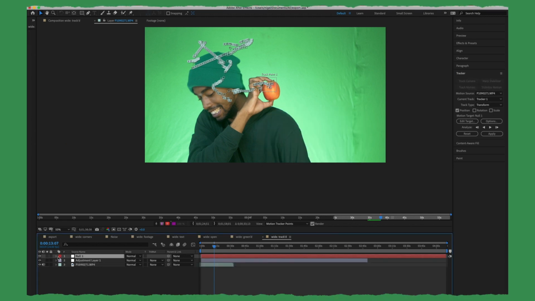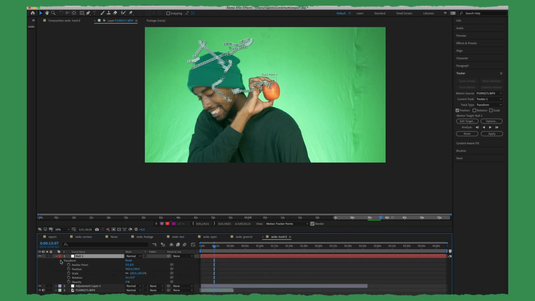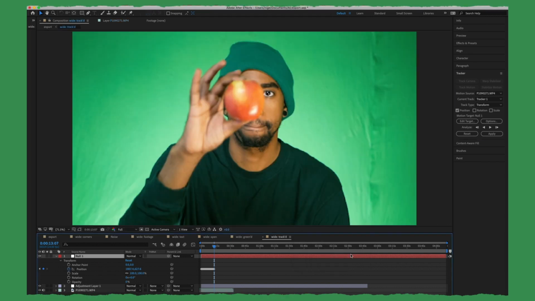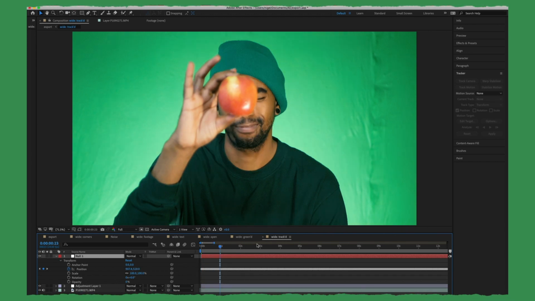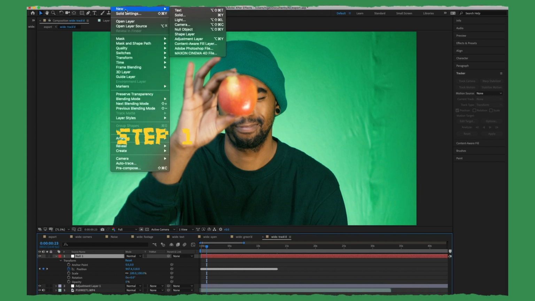If we head over to null object 1, we will see, after we click apply, sorry about that, apply dimensions X and Y. The time varies stopwatch property now has indicators that have been made by the tracker that we can use on,